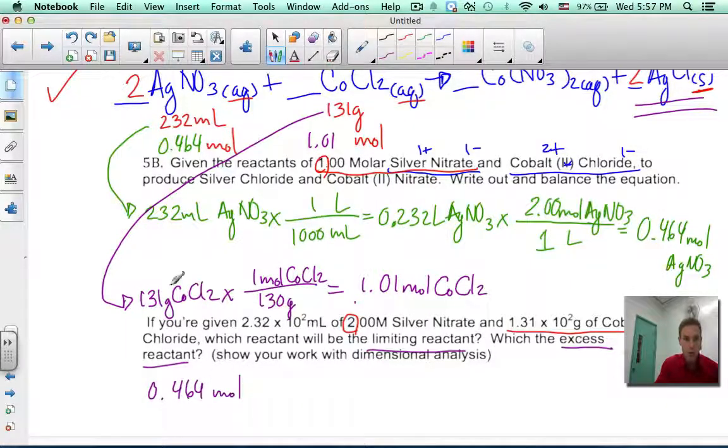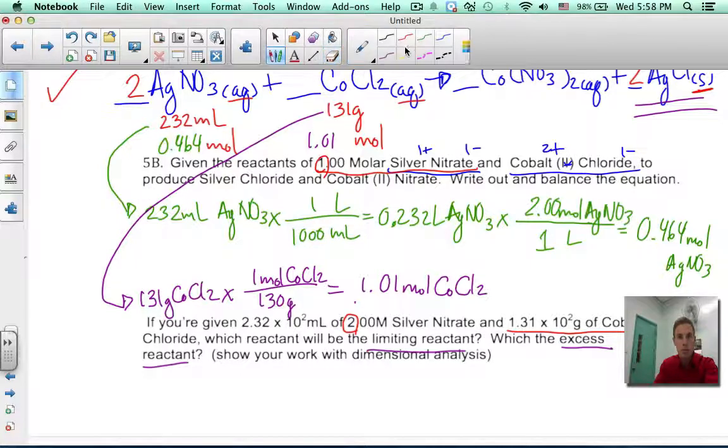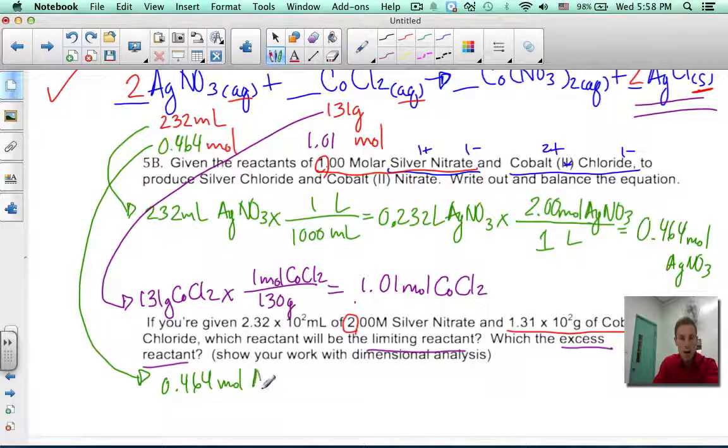0.464 moles. We're going right here. 0.464 moles of silver nitrate. Let's actually just keep this all the same color. So here we go. I'm just going to erase that. So let's go back a few steps. There we go. So I'm just going to keep it green. Here we go. There we go. If I have this 0.464 moles of silver nitrate, I'm going to